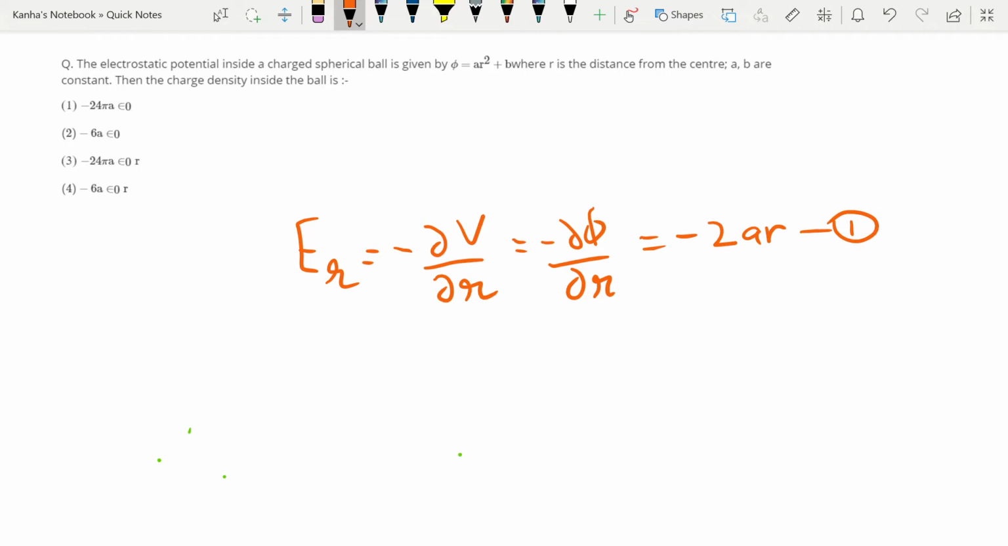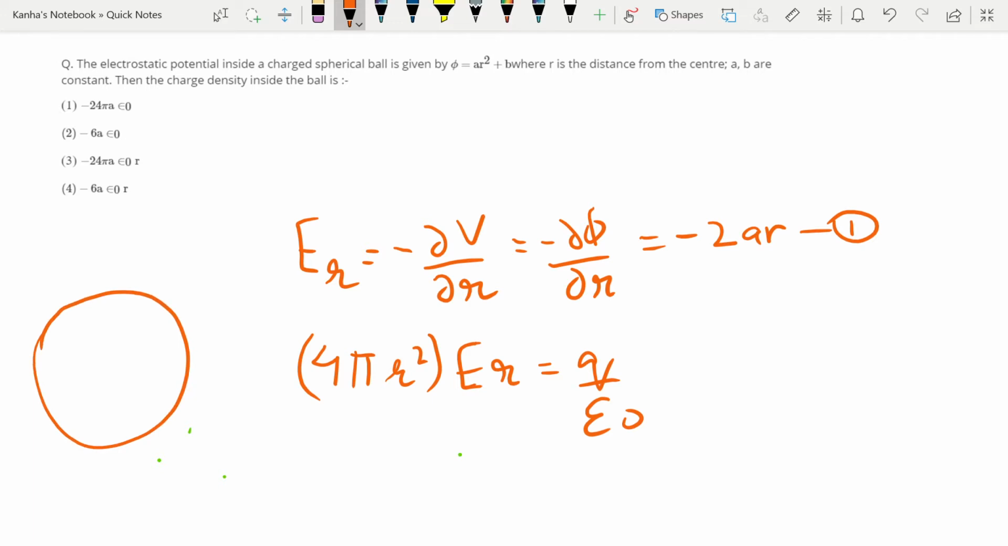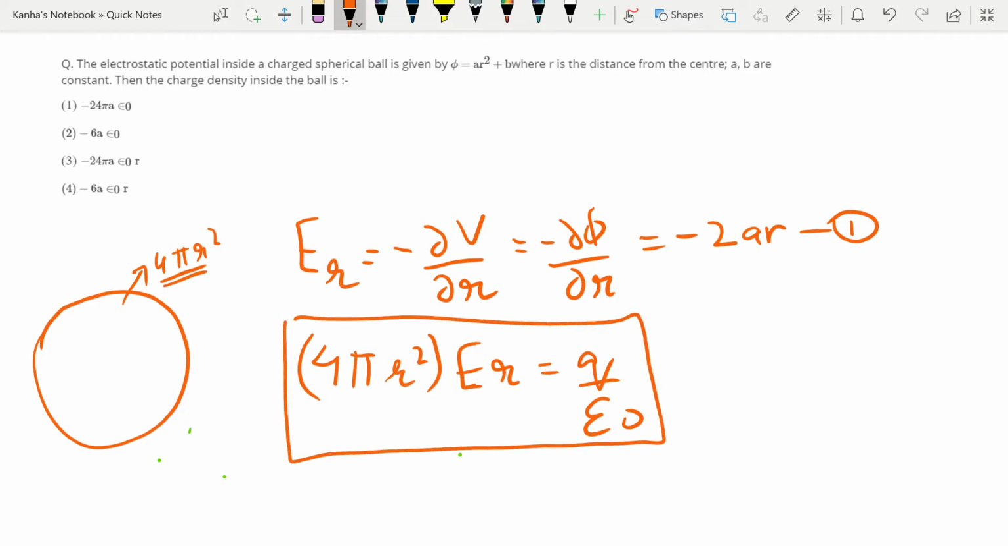Okay. Next, we need to apply the Gauss theorem. What does the Gauss theorem say? If I make a spherical Gauss shell, I have my net flux, which is 4 pi r square into Er, nothing but q by epsilon naught, because I made a spherical shell and the total surface area of the shell is how much? 4 pi r square. Okay, so this is 4 pi r square Er is equal to q by epsilon naught, where q is the charge enclosed. Now if we just differentiate,